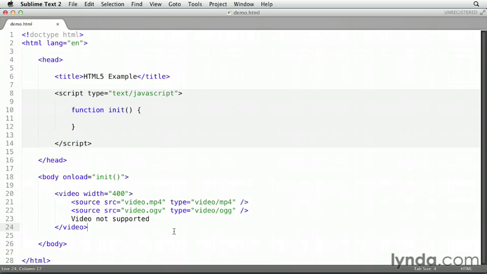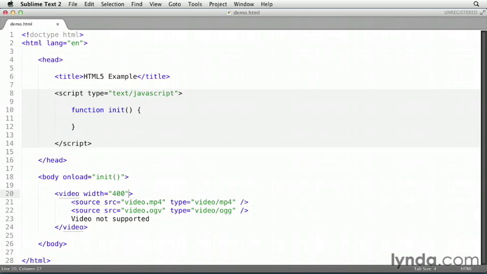So in the last movie, I showed you how to get started with the HTML5 video tag. So we have our video here embedded in our page. We have our two different codecs to make sure we can reach all the different browsers. And you remember that we're able to add the built-in video controls just by putting in this controls keyword. But let's say that we wanted to either create our own video controls or we wanted to programmatically control this